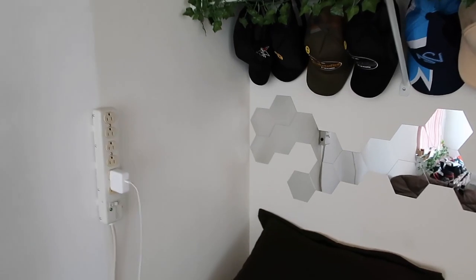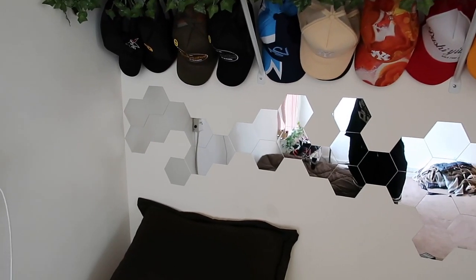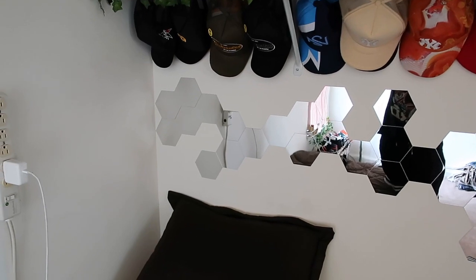Now above this we have mirror stickers. I wanted something to go above my bed, but I didn't want a headboard, and I didn't want a poster because I feel like it would just take up